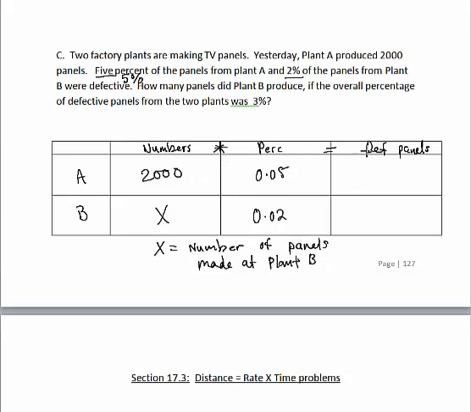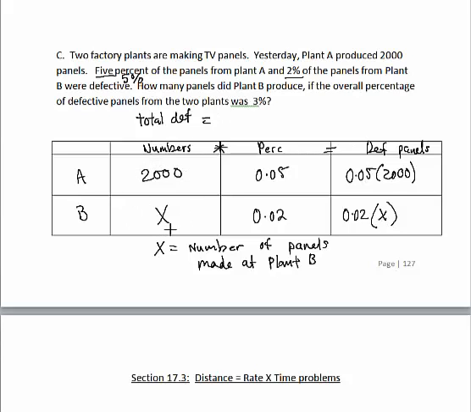Alright, we have our two columns. We multiply them together. And now we run into the same situation as before in the previous problem. We need to know the total defective. Well, we can calculate that two different ways. We can add these two expressions together, which only completes one side of our equation, or we could say the